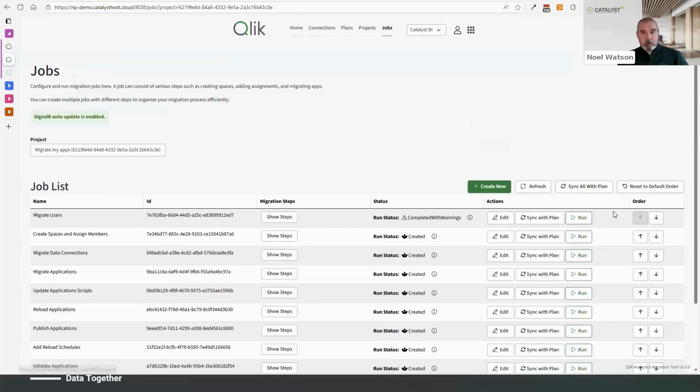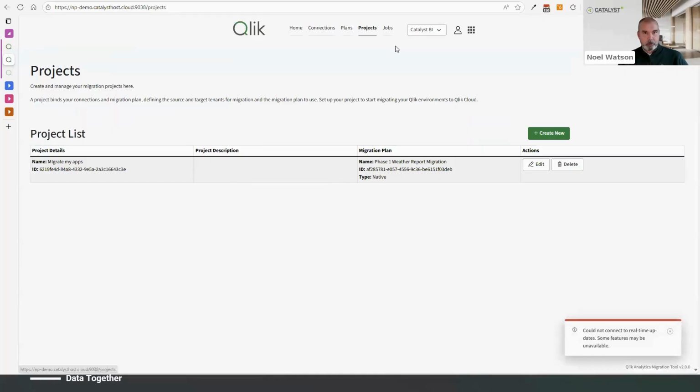Okay, so if you want to clear down the list of jobs, we can actually just clear the project, and that will remove the list of jobs for us. But you can see here we've got the selection list. So if I were to create a list from my other projects which I've got running,